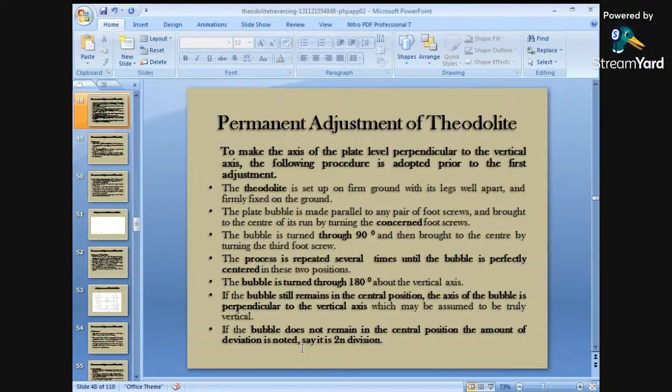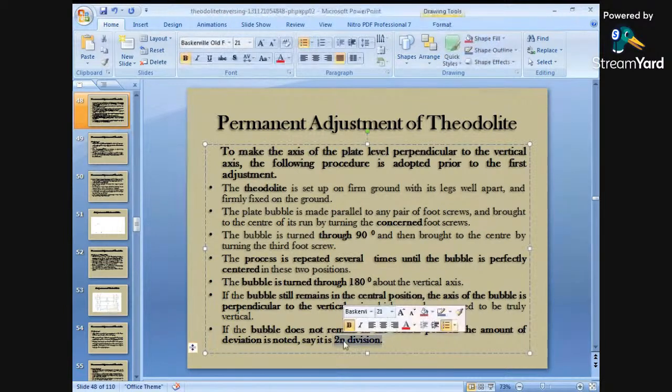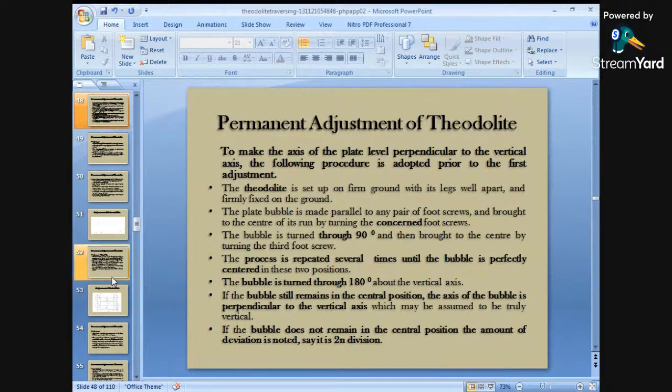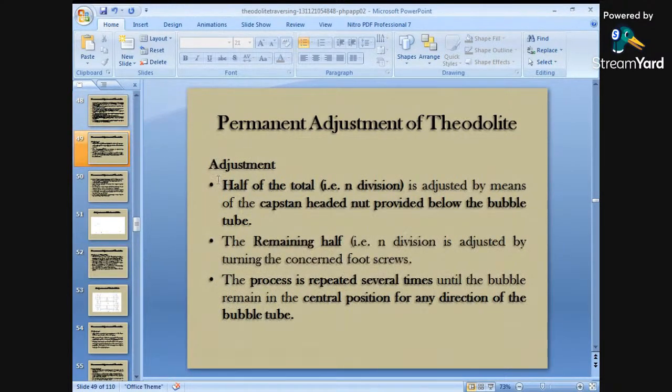Suppose the deviation is 2n. So you have noted that the deviation is coming out to be 2n. How to make this 2n zero? For that, half the deviation is adjusted with the help of the capstan head nut provided below the bubble tube. So there is a nut provided below the bubble tube, and that half division is adjusted with the help of this capstan head screw, and the remaining half of the division has been adjusted with the help of your